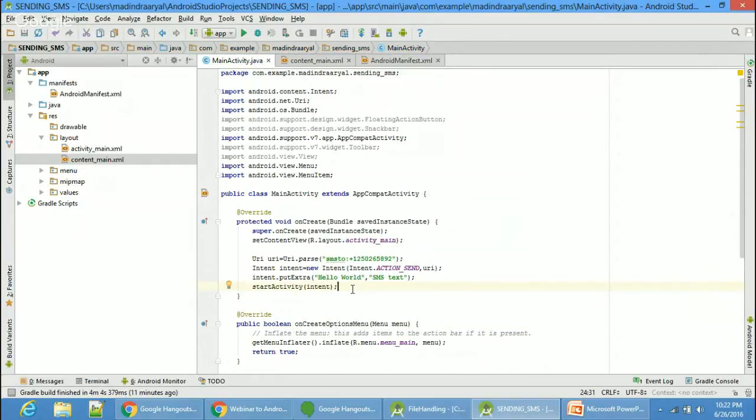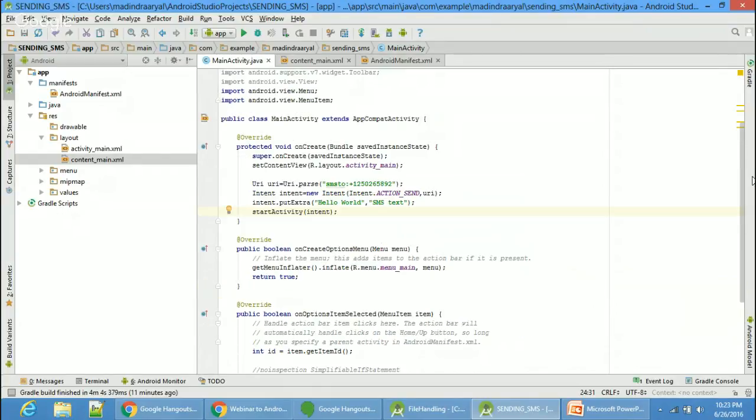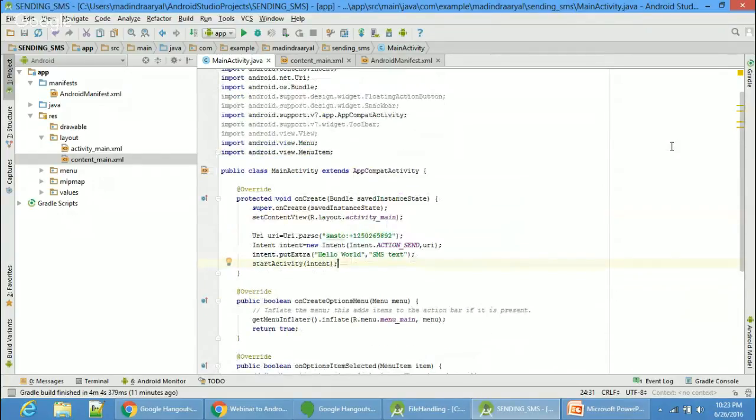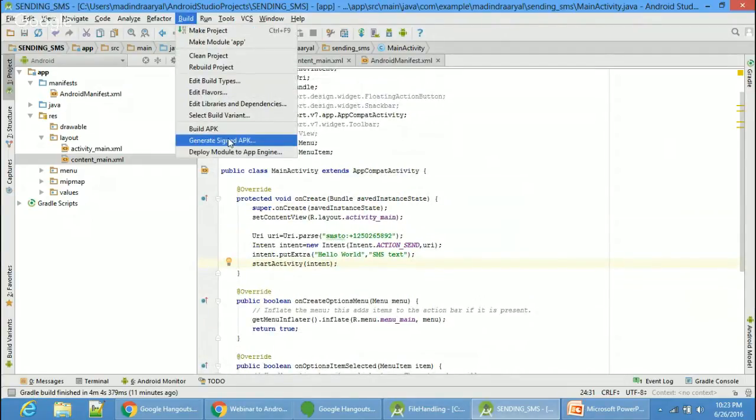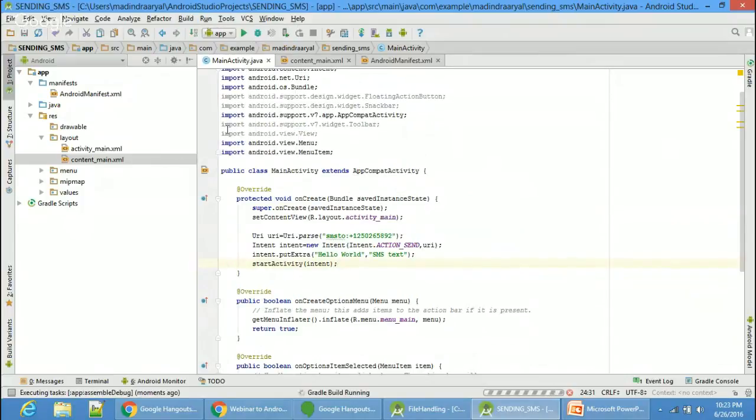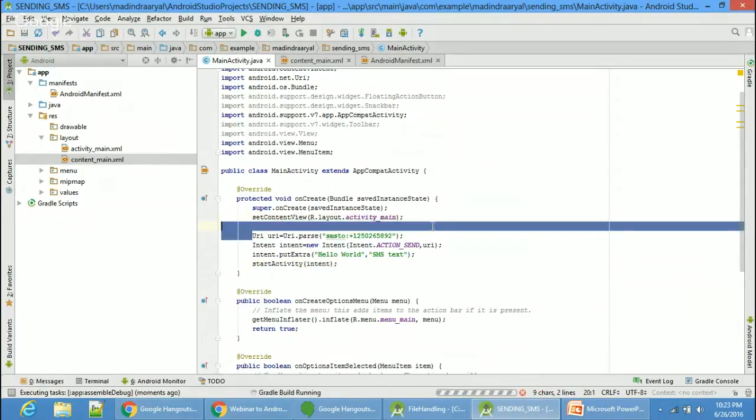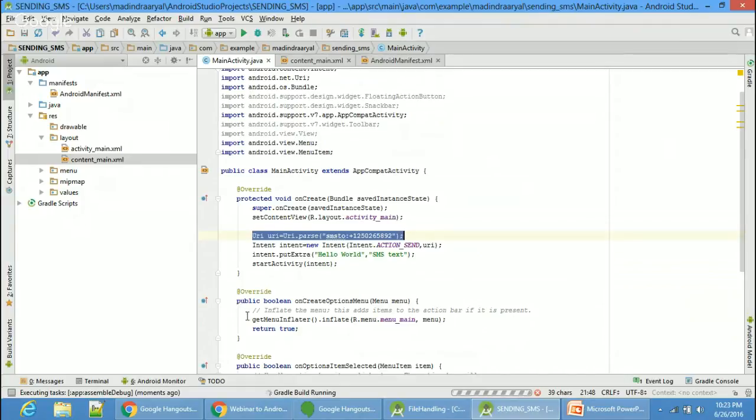Once this is done, we can build our simple build file over here, build APK. Let's see how long it will take. So what we are trying to do over here is send an SMS to this number, but we are actually writing the text with the help of